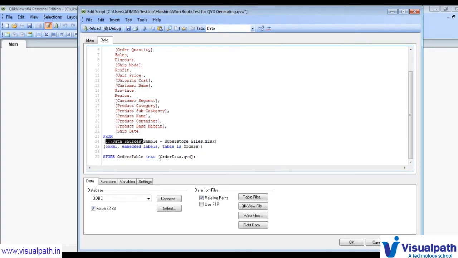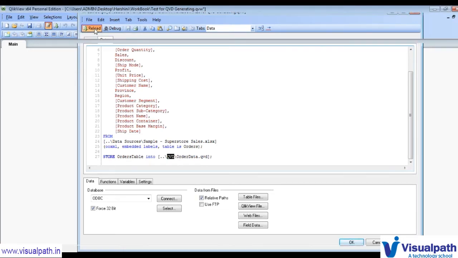As we are using a relative path here, you can give the same thing, but instead of the data sources folder you can just give a folder name as QVD. It will open the same relative path, but instead of going to another folder it will go to the QVD folder and store your order data.qvd file in that QVD folder. So now again click on save and reload it.